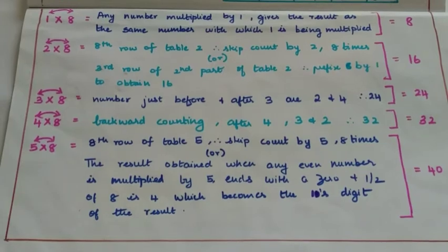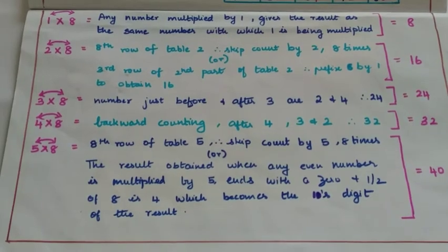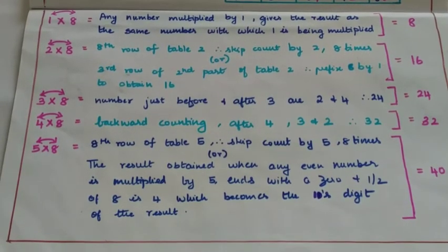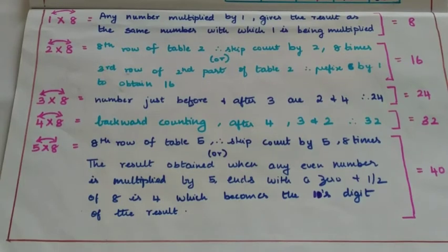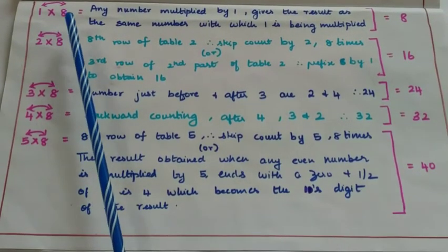So, while learning the table 8, the only new row that the child needs to learn is row 8, where 8 is being multiplied by 8. Though the other rows are familiar to the kids, in this video I will explain each row of table 8 and the trick to be followed to memorize it, so that the kids will have a clear understanding of learning the whole table easily. Let's see the first row where 1 is being multiplied by 8.